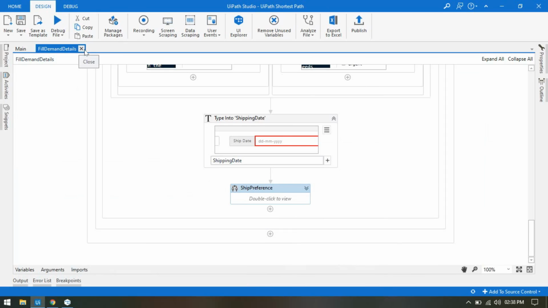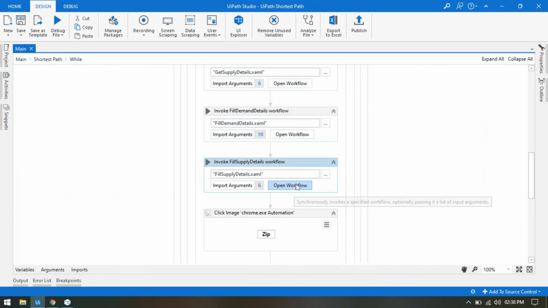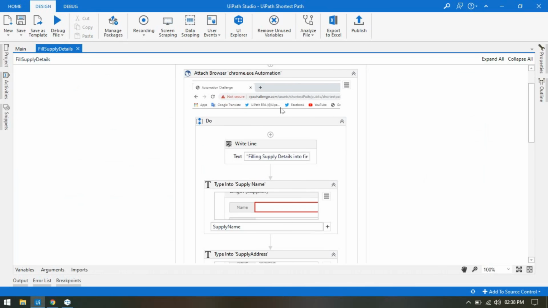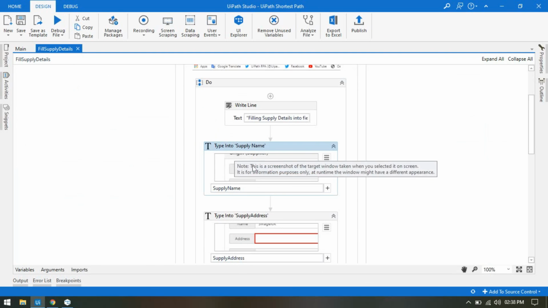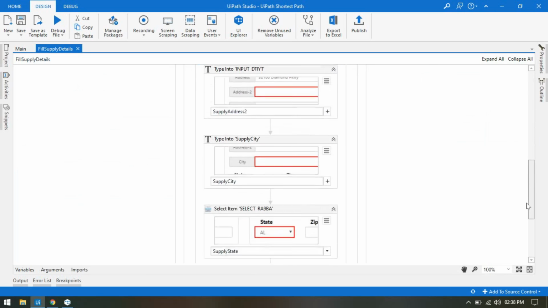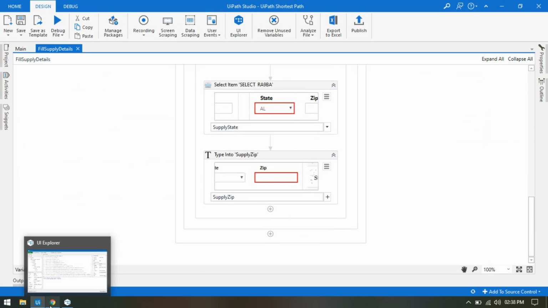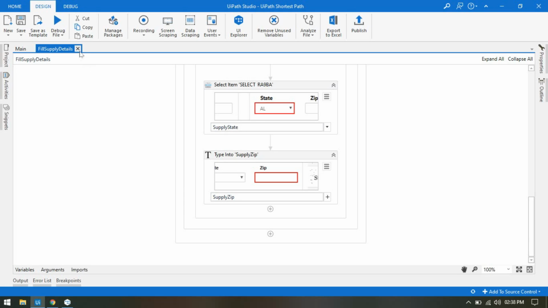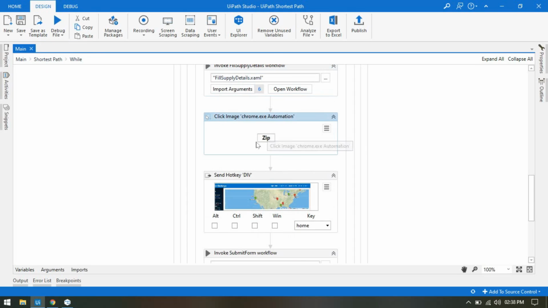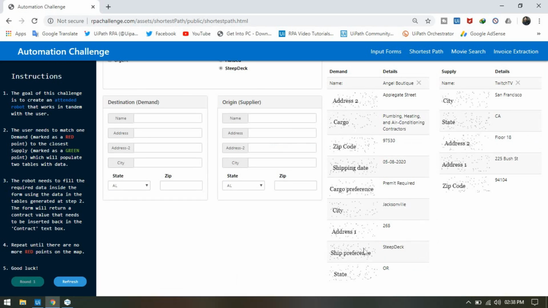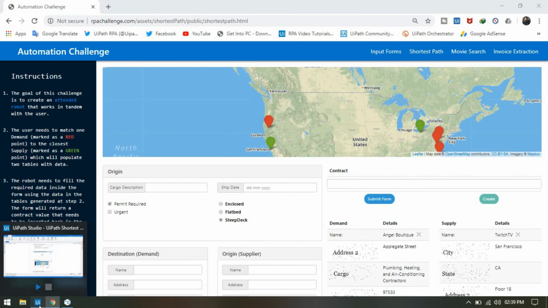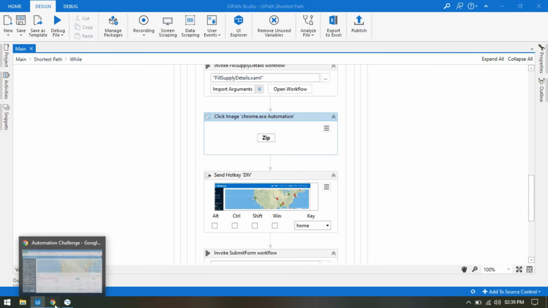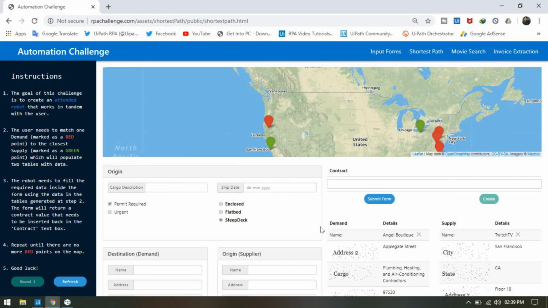Now we are going to fill the supply details here, in which we are using the type into activity to type all this data in the supply details. After that, again I am clicking on this zip. Here I am clicking on this zip because this is the fixed value. We'll click on this and then go to top. You can see I am going to the home. It means I am pressing the home button here, so it will go to the top,